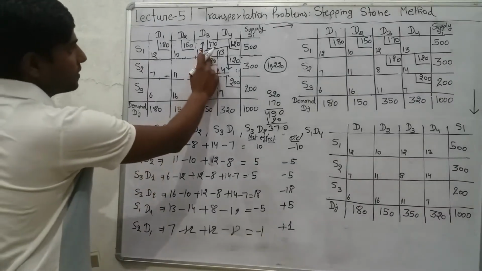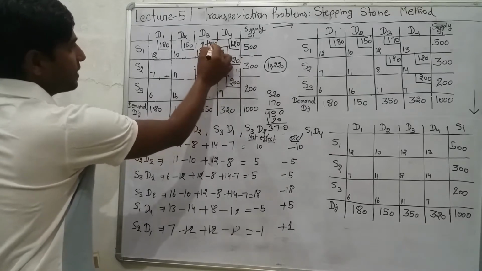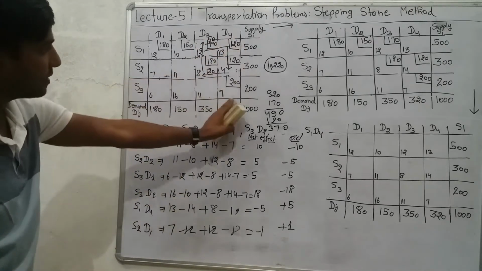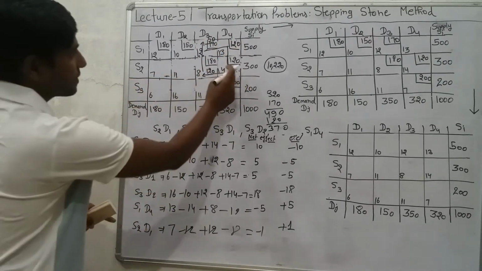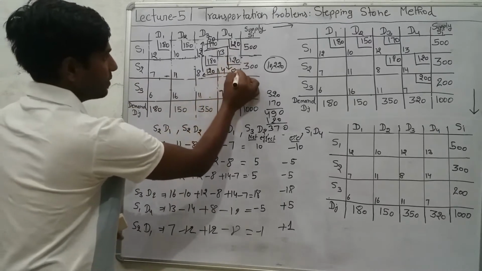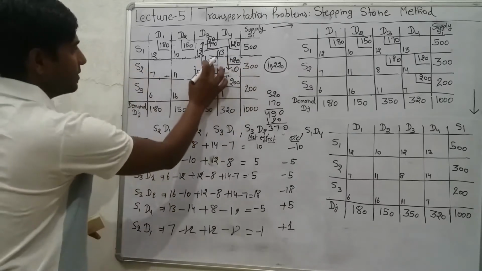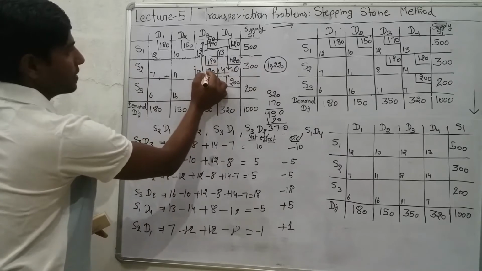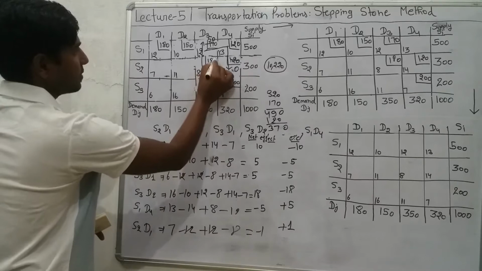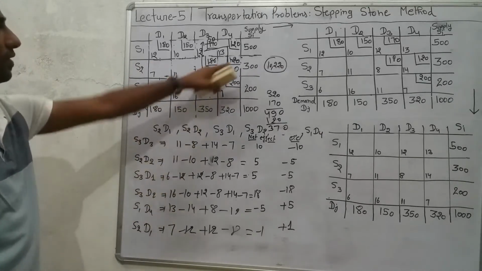So we have transferred 120 units from this cell to this one. What is the quantity left here? That is 50 units. To balance it out, we should transfer these 120 units to this cell. So 0 units are going to be here, and this would be 180 plus 120, that is equal to 300 units. So in this way we allocated the maximum possible units in this cell.